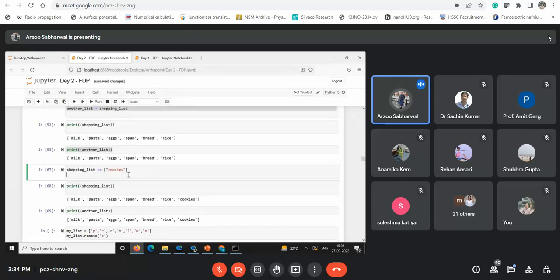Okay, here it is. So what if I use the plus sign with the equal to sign